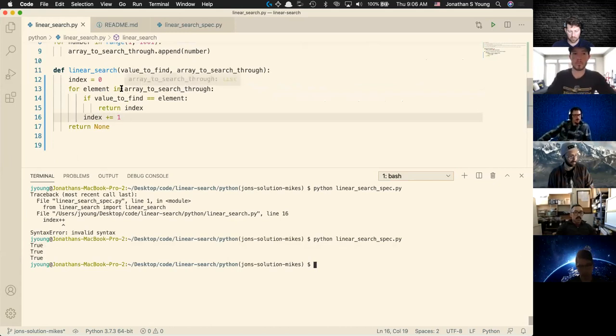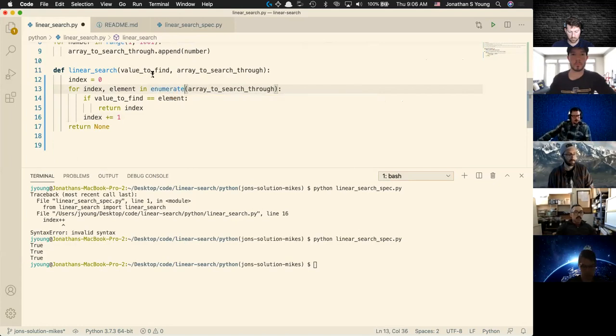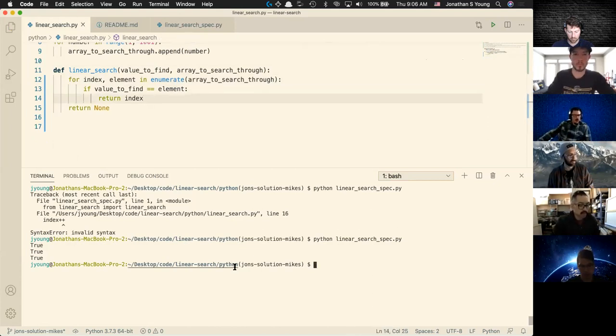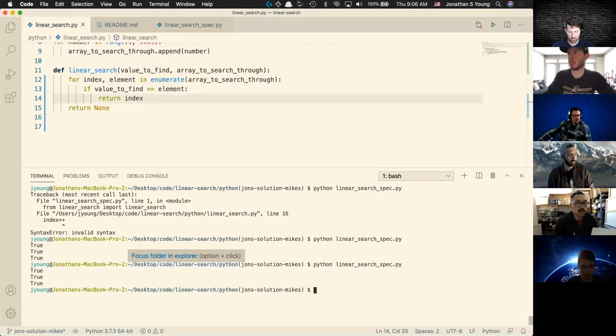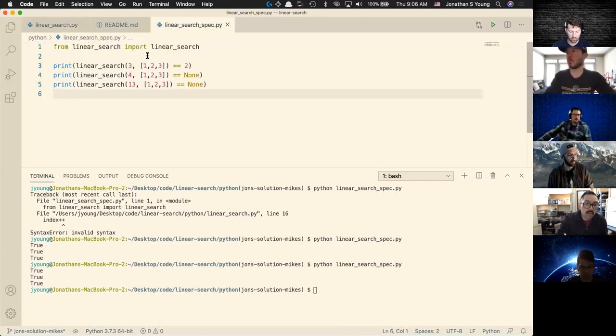Another way to solve it, if you want to get a little fancier: for index, element in enumerate, I am going to just do this. And I think that's all that I need to do. Let's run it one more time. A bunch of trues again. So enumerate is something that's built into Python. It allows you to have access to both the index, which is which individual index you are at,